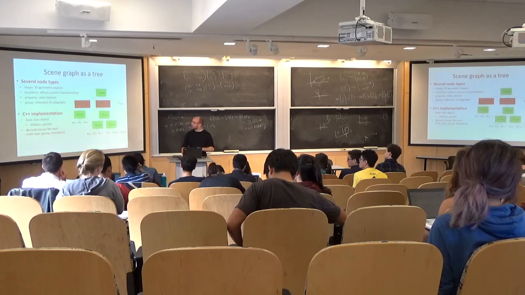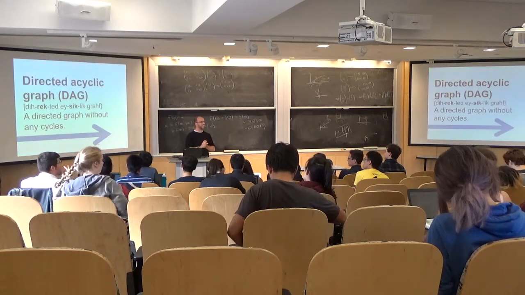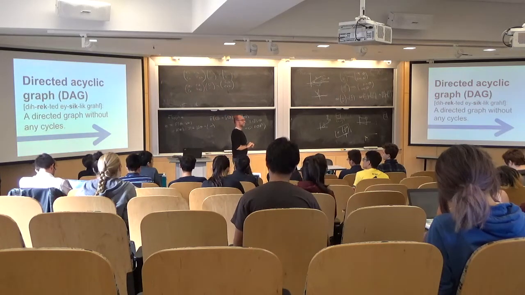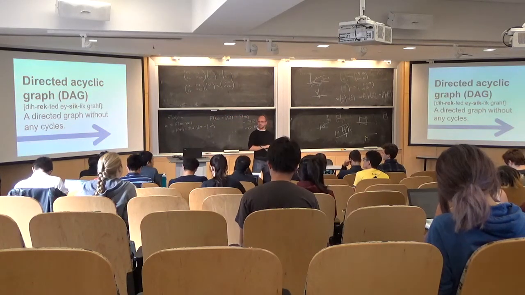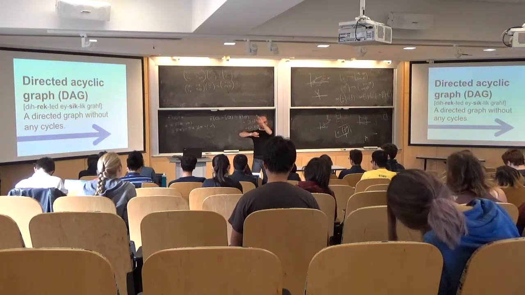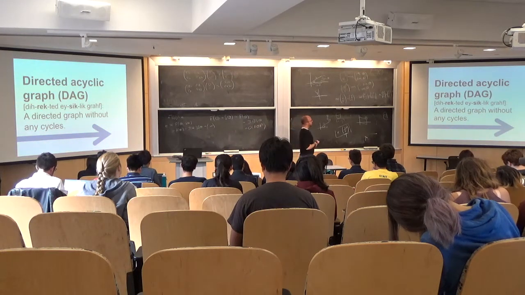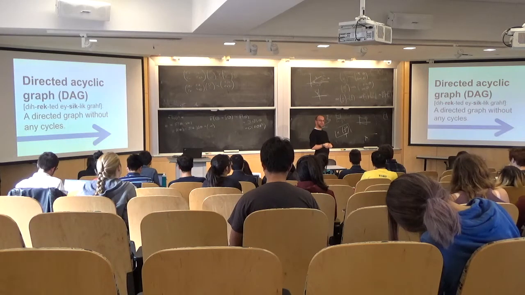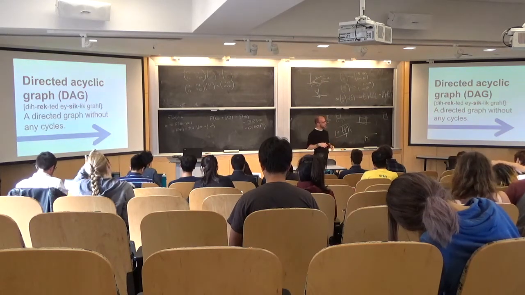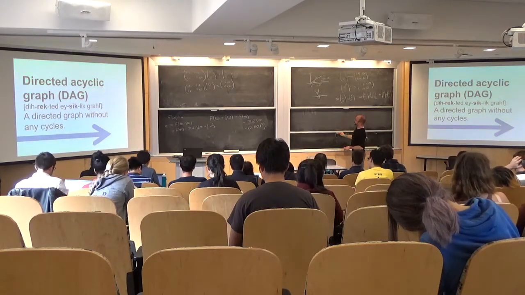Okay. There's one more vocabulary word we need today, which is directed acyclic graph, DAG. Yeah? A tree is an example of a DAG. Right? So the idea of a directed graph, by the way, is a graph where all the edges are actually arrows, right? There's a head and a tail, or a parent and a child. But a directed acyclic graph has the property that it's not just a tree. Everything doesn't necessarily have a unique parent. So, for instance, one example of a DAG